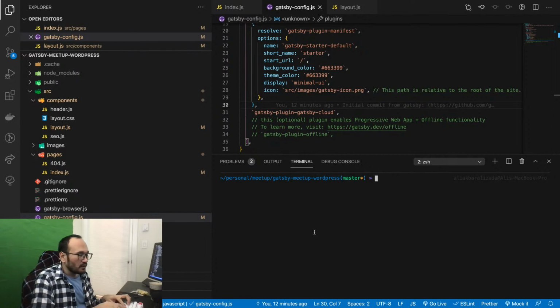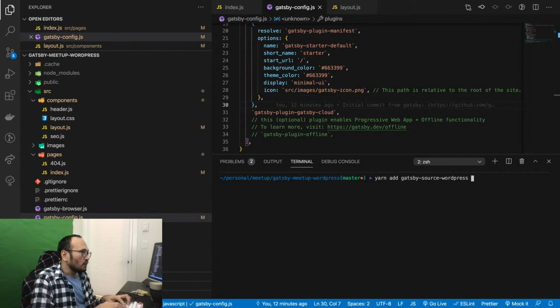Actually it's 3. So yarn add gatsby-source-wordpress. You can see, if you want to go to the documentation, you can just search this one and then you will see it.